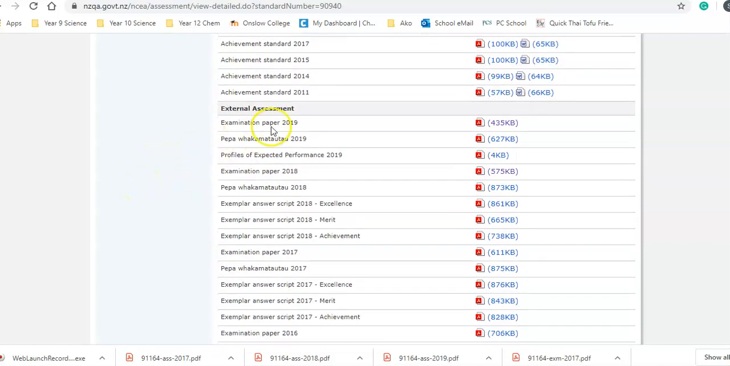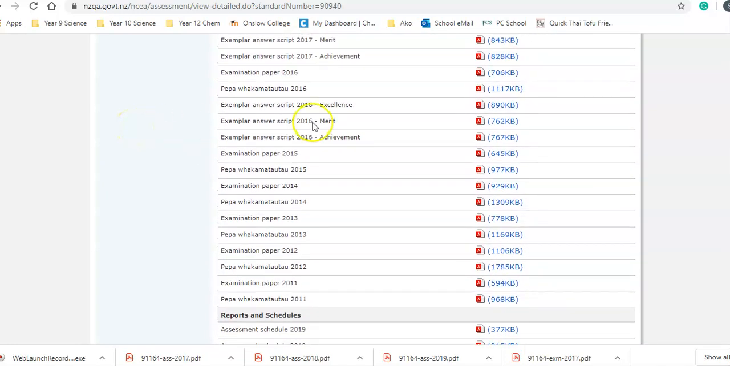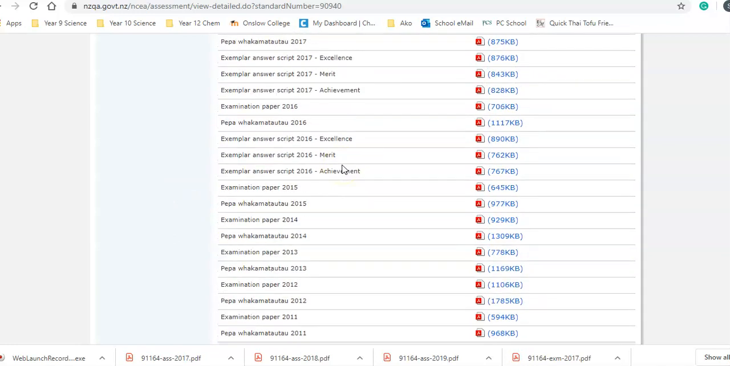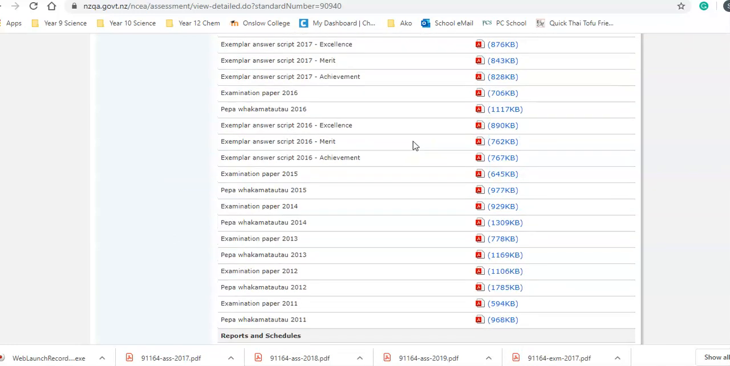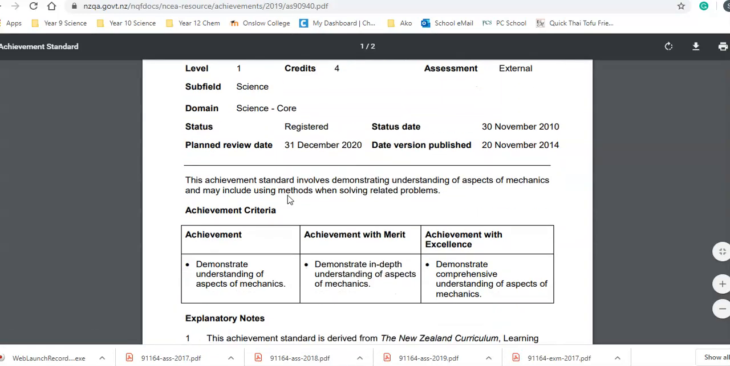Included on this page as well are the past exam papers, so we can look at the examination paper for 2019, 2018, all the way back to 2012, 2011 even. There are some exemplar scripts, but what I would recommend when you're looking for answers for these examination papers is to go to the assessment schedule. During this series, we'll spend a bit of time going over past exam papers and looking at the schedules. So for the moment, we'll just look at this achievement standard, the most recent one, outlining what can be covered